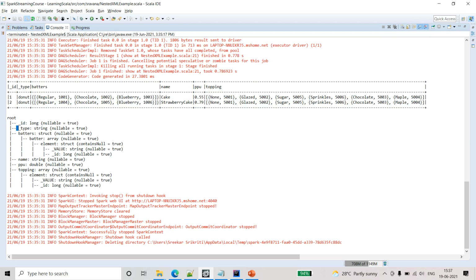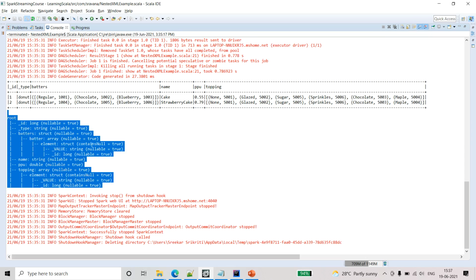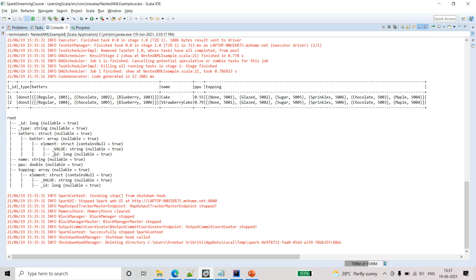If you see, id and type are taken as long and string, and I am not passing any schema, so this is inferred by Spark. It internally inferred the schema based on the input file that we have provided. And if you see batters, it's a struct schema, and inside batters we have an array because batter is repeated multiple times within batters.